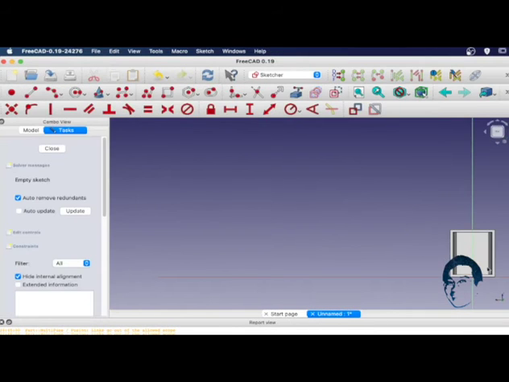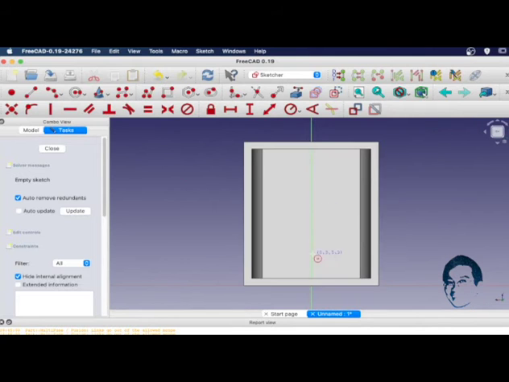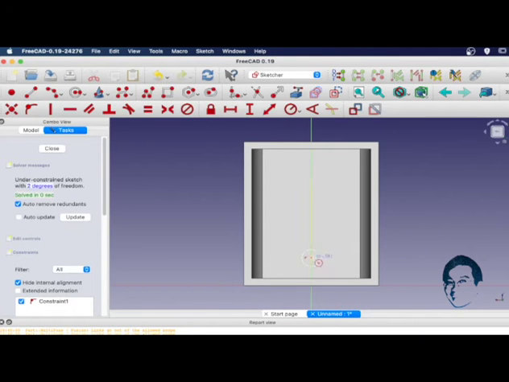Start a new sketch. Let's draw two circles here that are aligned to the y-axis, and another two circles up here.